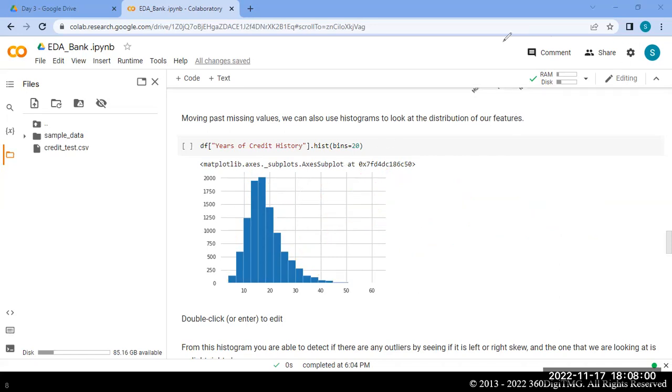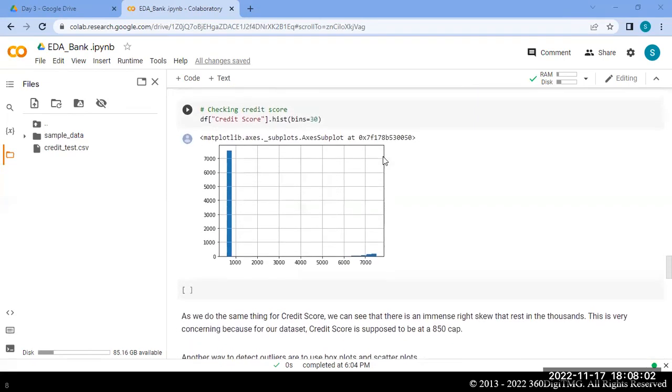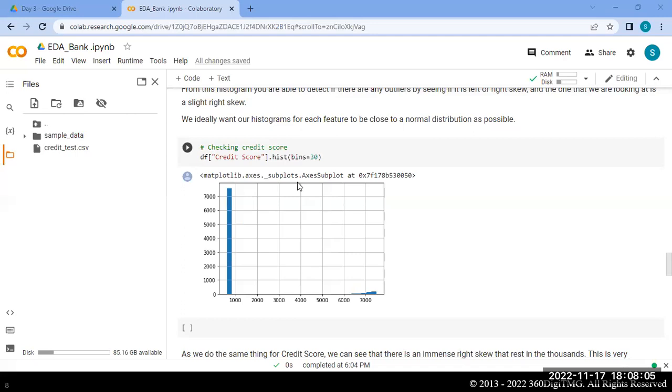And then I'll create one more, the credit score of that particular person. You can see here, the most number of people's credit scores are less than 1000 only. Among 10,000 people, overall non-null values we have 10,000. Among those, over 7,000 plus people have a credit score between 500 to 1000.